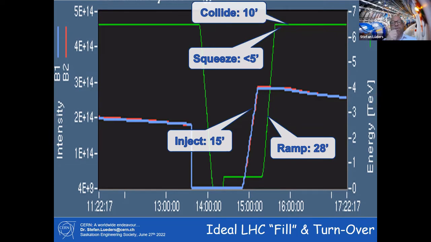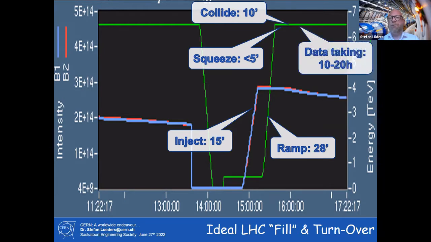And this is usually something which is taking 12 to 20 hours. So 12 to 20 hours, we let just particles collide. It's a permanent production, 12 to 20 hours, every 25 nanoseconds. We got a collision. We're taking a picture of this one. Next collision is just coming up right afterwards. So this is the data taking, 10 to 20 hours.